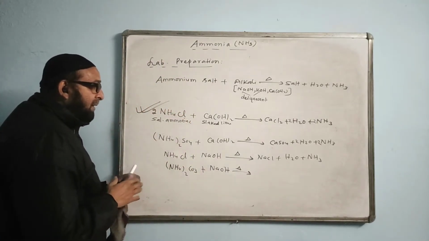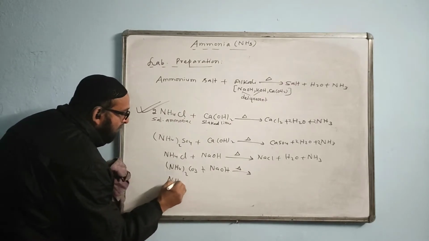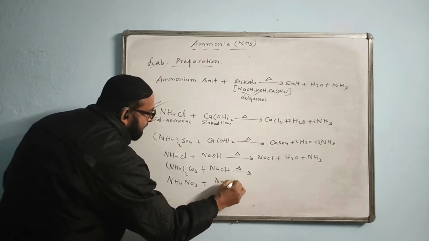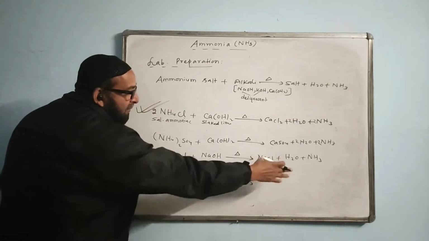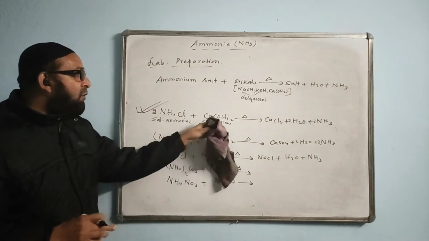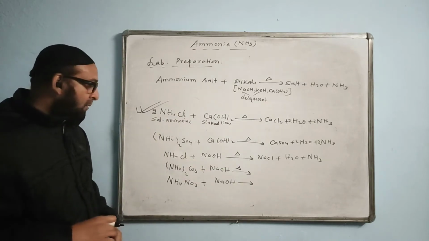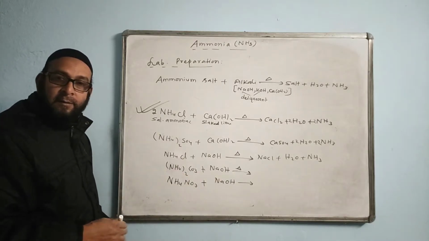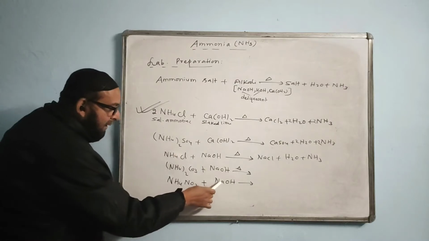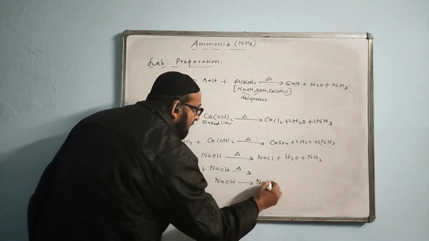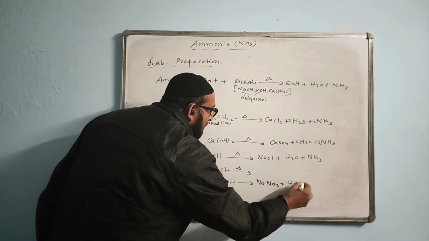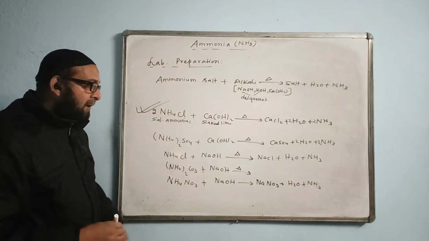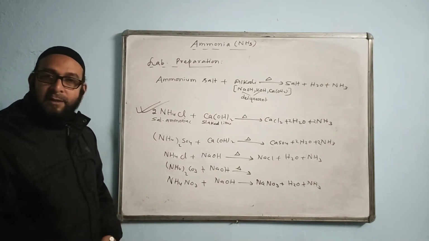Okay. Now another thing important to be noted is this one. Ammonium nitrate. If I get ammonium nitrate plus say NaOH, any alkali, because alkali will give alkaline gas, that is ammonia, and if you use acid, you get acidic gas, that is HCl. What answer do you expect? Out here, what answer can we expect? You can share with me. Sodium nitrate, good. Plus H2O plus NH3. Yes, good. NaNO3 plus H2O plus NH3, ammonia gas, as simple as that.